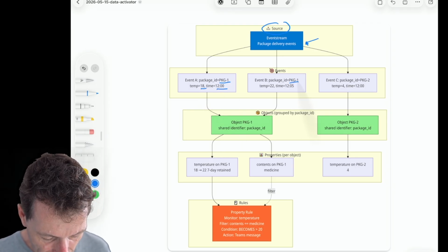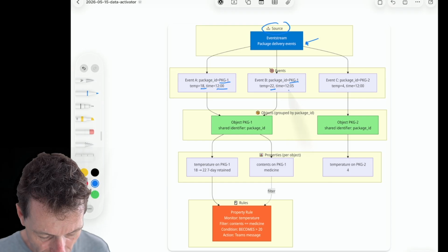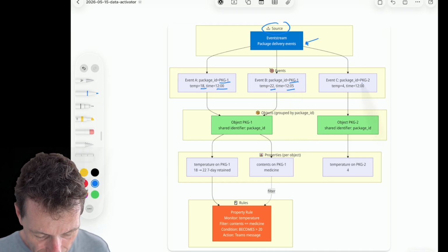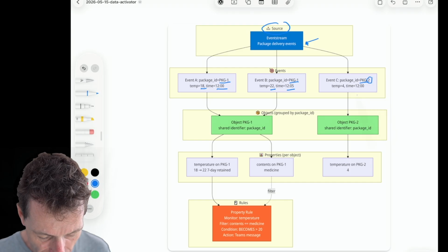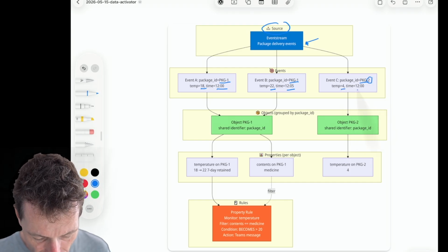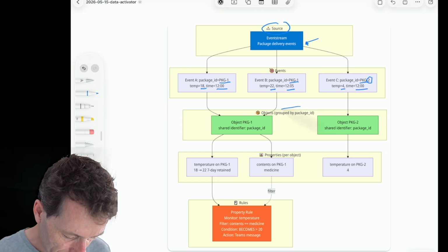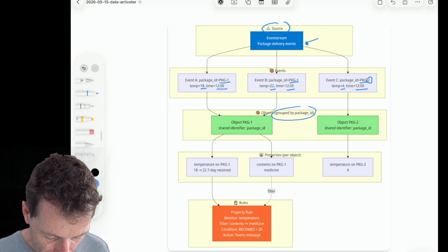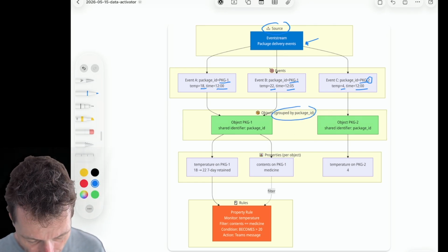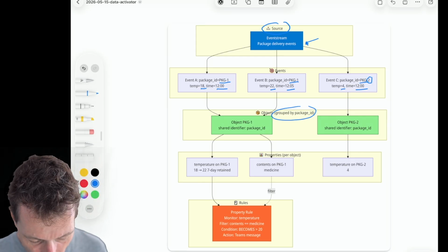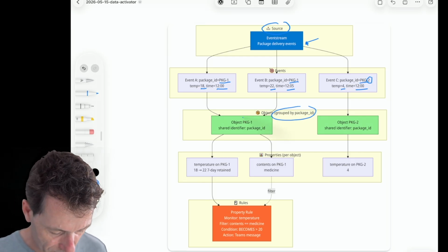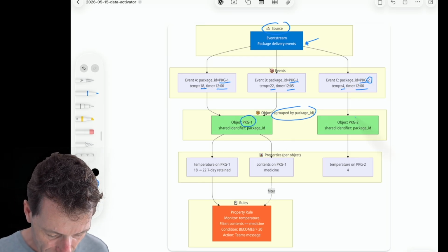Event B is that package 1 has a temperature of 22 at 12:05, and event C is that package 2, a different package, has a temperature of 4 at 12 o'clock. When we group that as an object by package ID, then we have two remaining objects. One is package 1 and the second one is package 2,